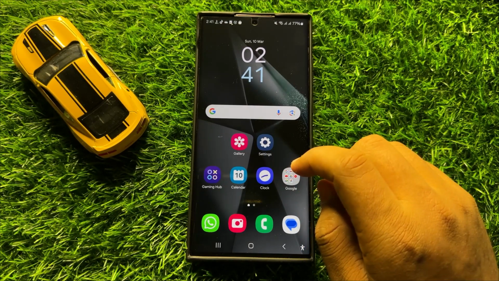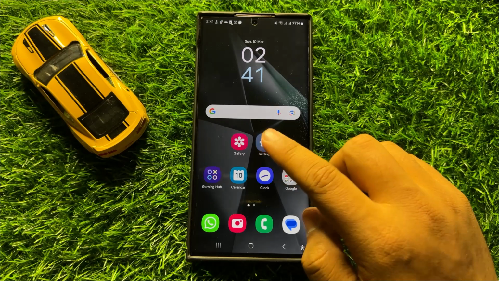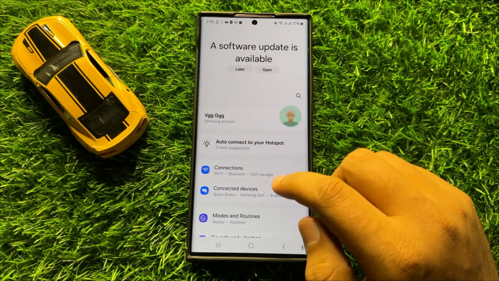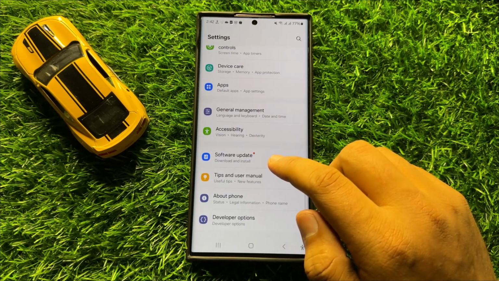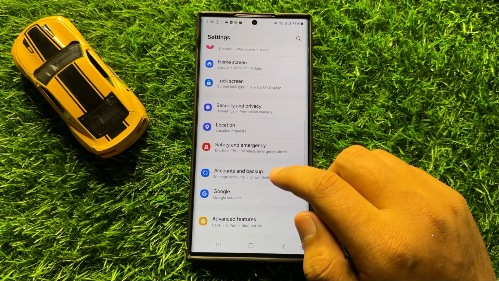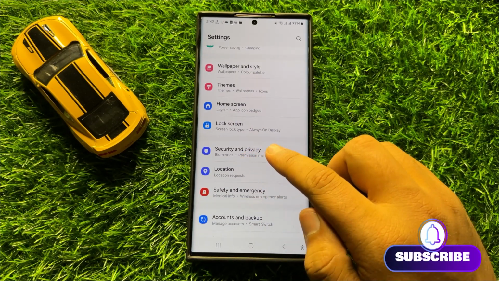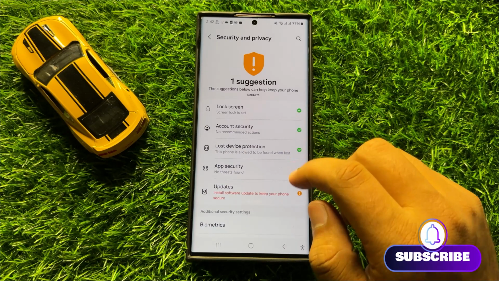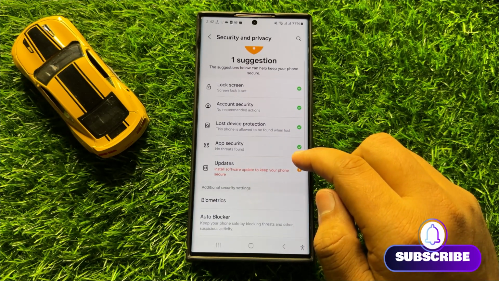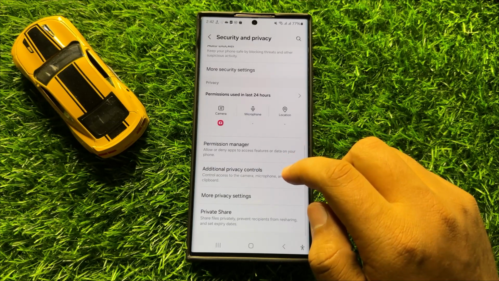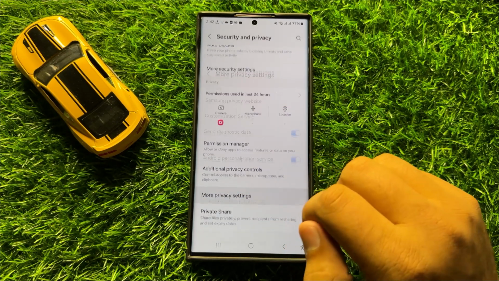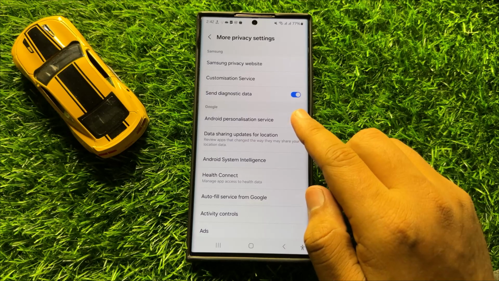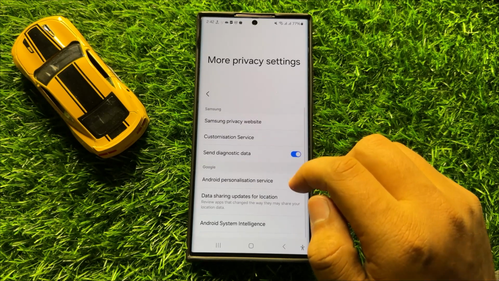So first of all, open settings. Now in settings, scroll down and here click on security and privacy. Now in security and privacy, scroll down and here click on more privacy settings, and in more privacy settings,